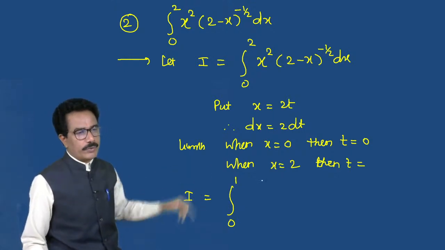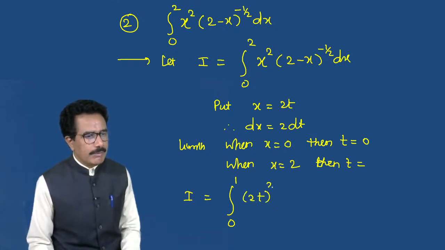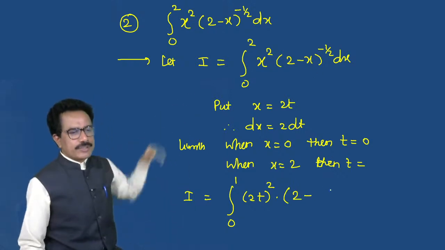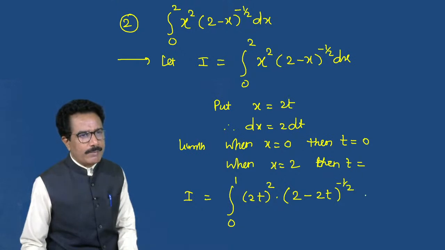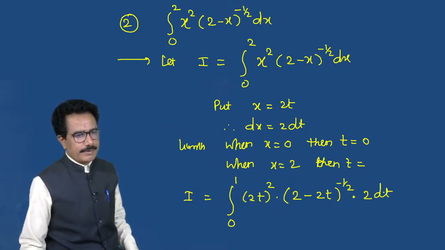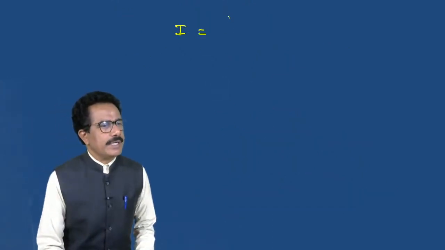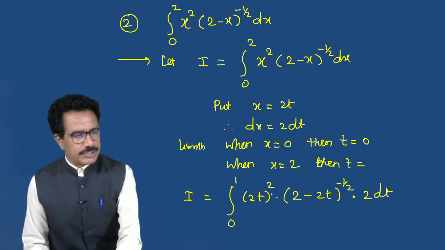X means 2t, bracket square, into 2 minus, again x means 2t, bracket raised to minus 1 by 2. Again dx means 2 dt. So we can write this as I is equal to integral from 0 to 1. So 2t square, that is 4t square,